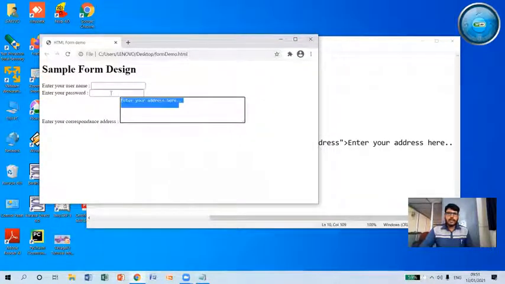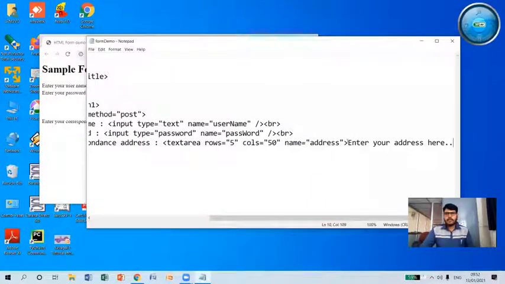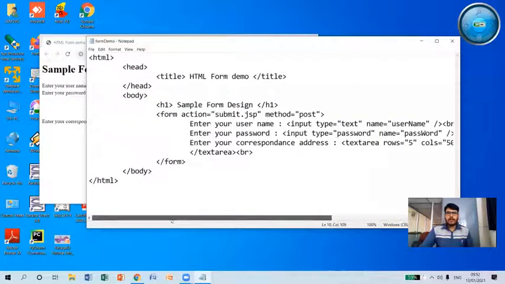So I can click on this and type a new address like this. So likewise, I can even set a default text that I want to print in the text area tag. So this is all about how we can implement text input controls in the form tag. Hope you have understood.